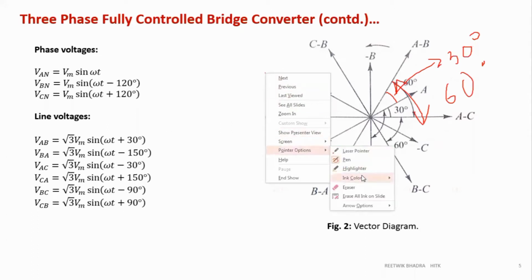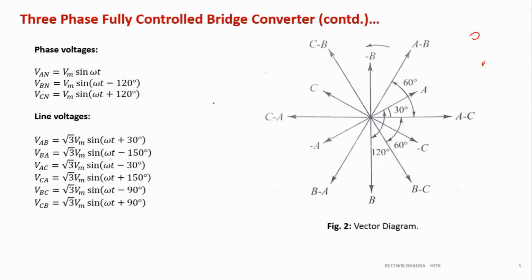Now we have to write the equation of all these 6 line voltages. So let us start from VAB. What is VAB? Because A is my reference, all quantities should be written with reference to A. So from A to AB, which direction? Anti-clockwise. Anti-clockwise means lead. This small angle, how much is this angle? Phase division is 30 degrees. So plus 30 degrees. Why root 3 Vm? Because star connection. VL equal to root 3 VPH. So VAB is equal to root 3 Vm sin omega t plus 30.